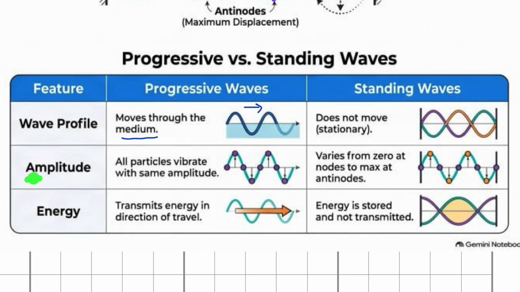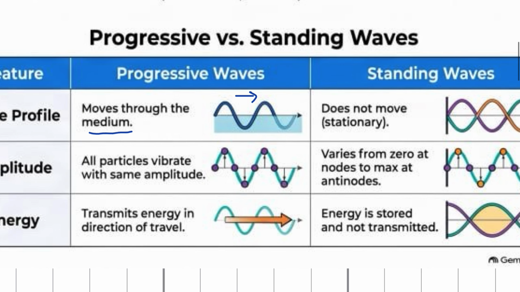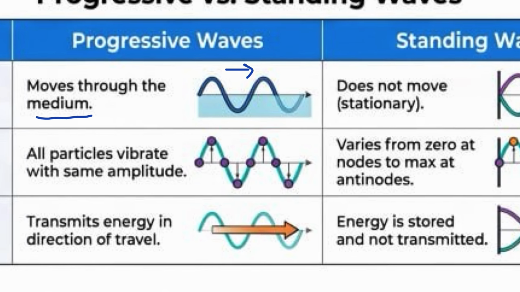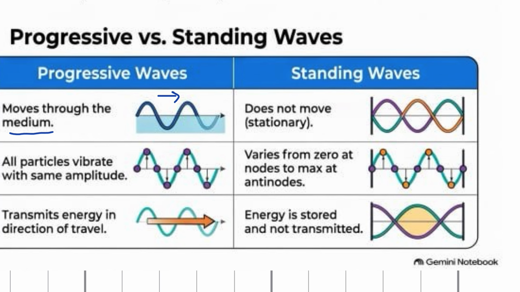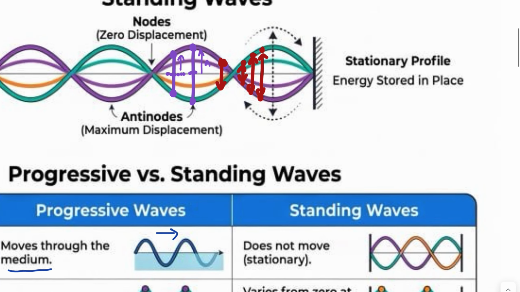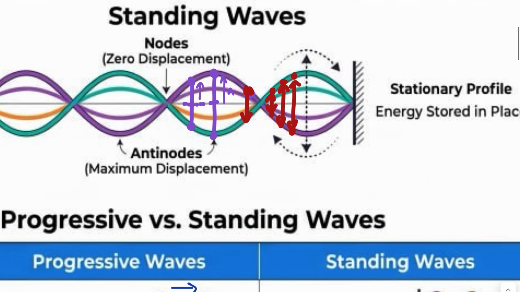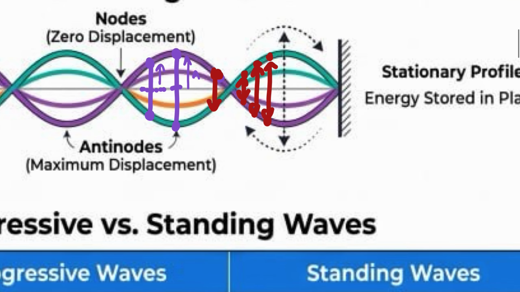The second one is the amplitude itself. I think this one we learned in a previous subtopic. For a progressive wave, all particles will oscillate at the same amplitude. The only difference is some particles in the medium will move first, but in the end, all particles will move with the same amplitude. Now, for a standing wave, it's different. Some particles don't move, like we discussed previously. Some particles don't move, so we call them node points. Some particles will move,